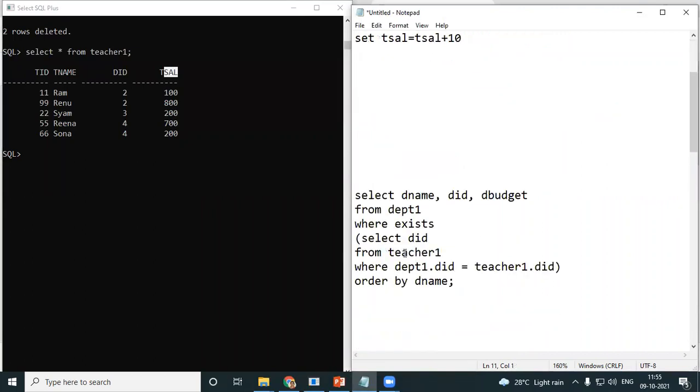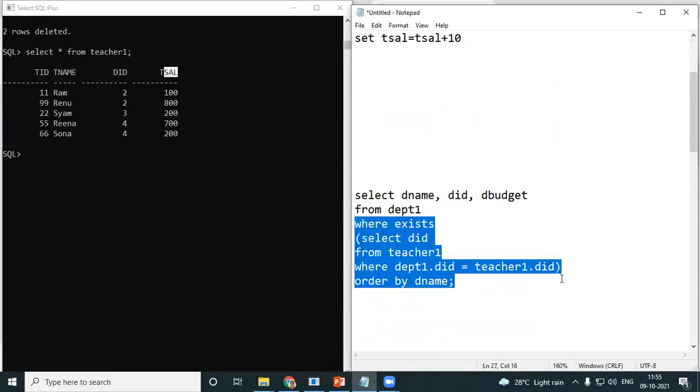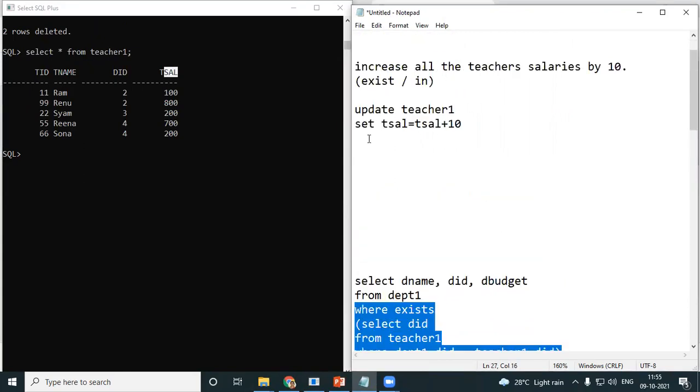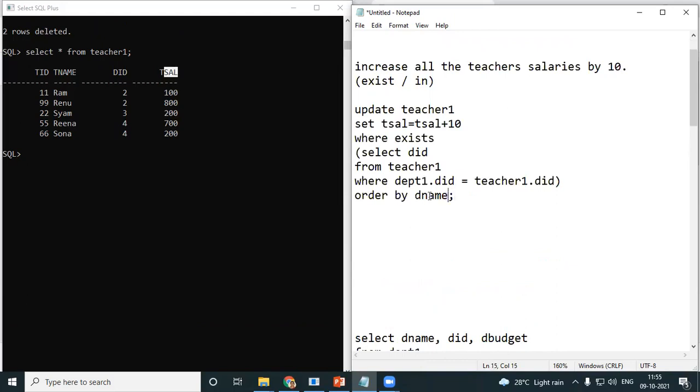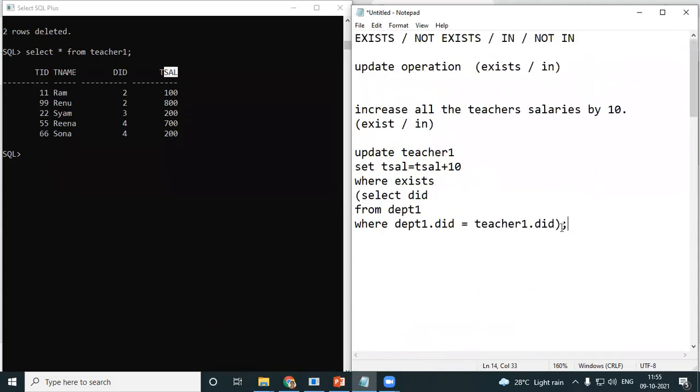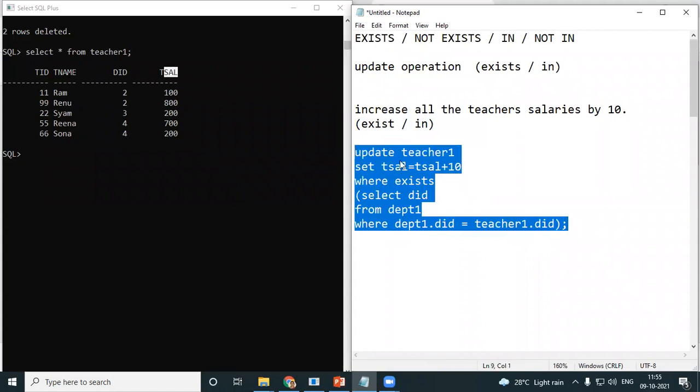Then the remaining where exist, blah, blah, blah. The same story again. Where exist, select DID from department 1, where department 1 DID is equal to teacher1.did. Let's see what happens.